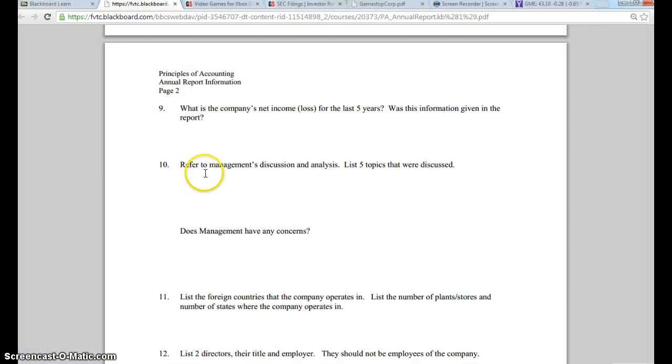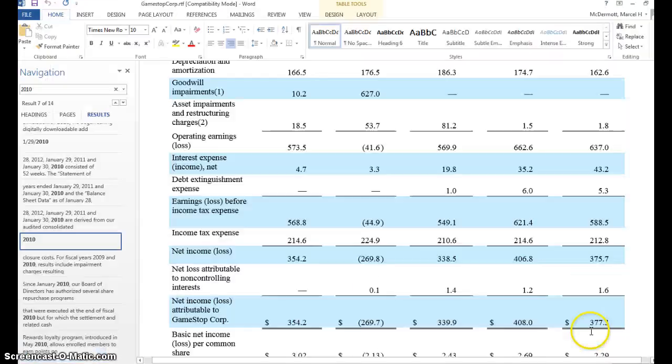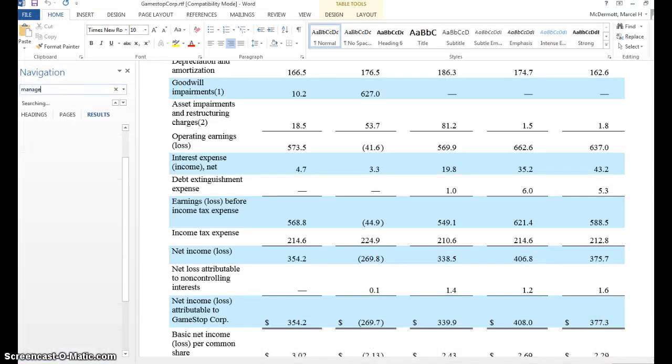Number 9, refer to the management discussion and analysis. List 5 topics that were discussed. Does management have any concerns? Again, going to the financial statements, we can put in management discussion, and there's nothing in there, so maybe we just put in, let's see,